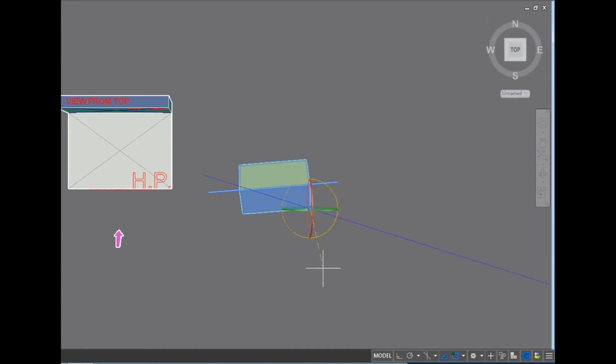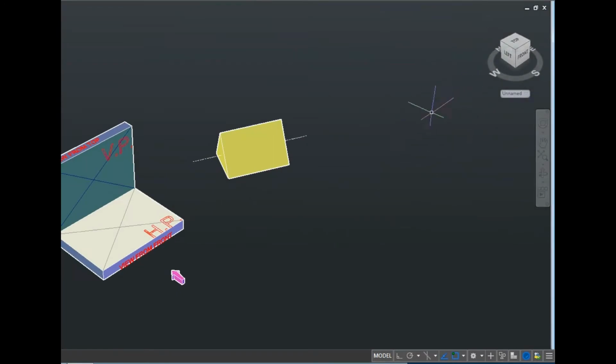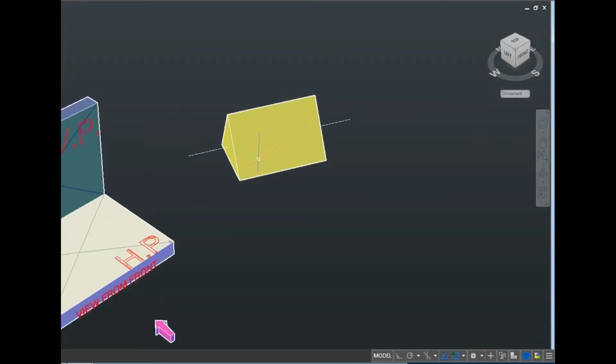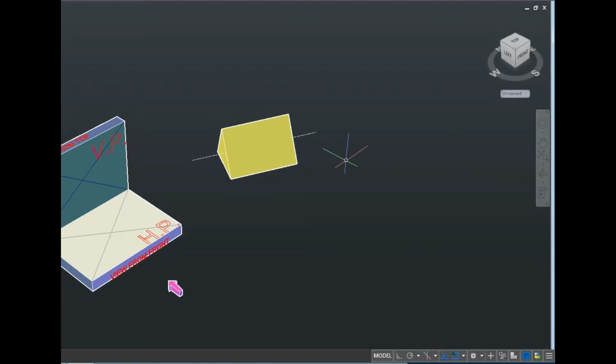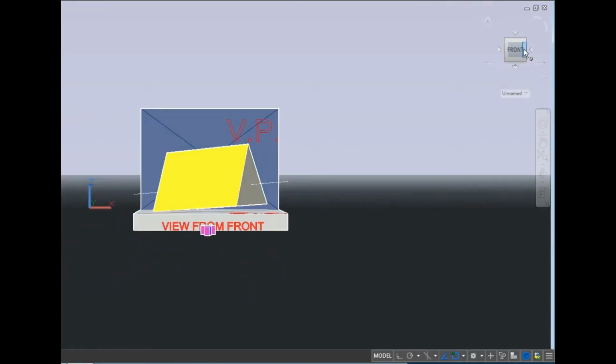So you can see now on your screen, I will rotate this a little bit. Let us say this is the angle at which it is tilted. So when you see it from the front, it will look like this. So first I will place this prism in the first quadrant for more clarity. Now you see that I have placed the triangular prism in the first quadrant. Wait a minute, we will view this from this perspective. Now this is going to be your final front view.